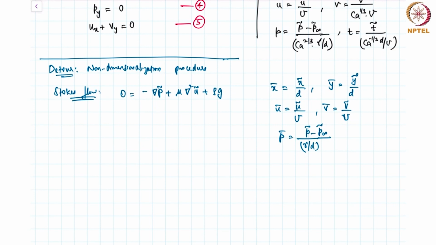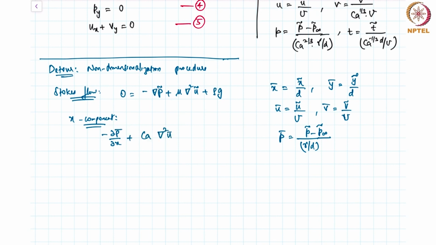Of course, I'm not doing this rigorously, but I'll give you an idea of where this comes about. If you substitute these variables into the equation, for the x component you would get something like this: minus del P by del x plus capillary number del square of U,